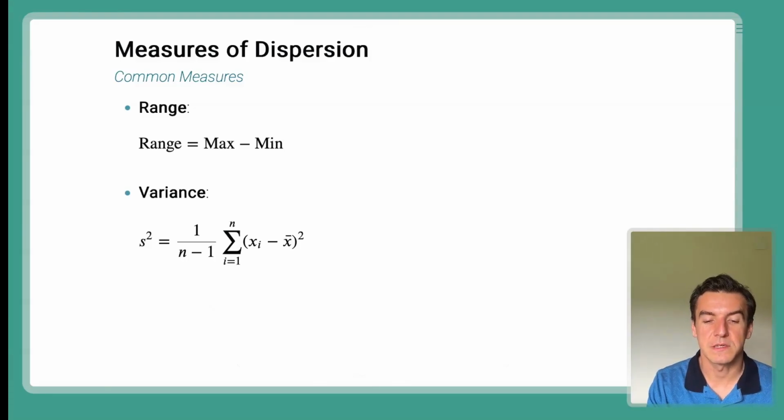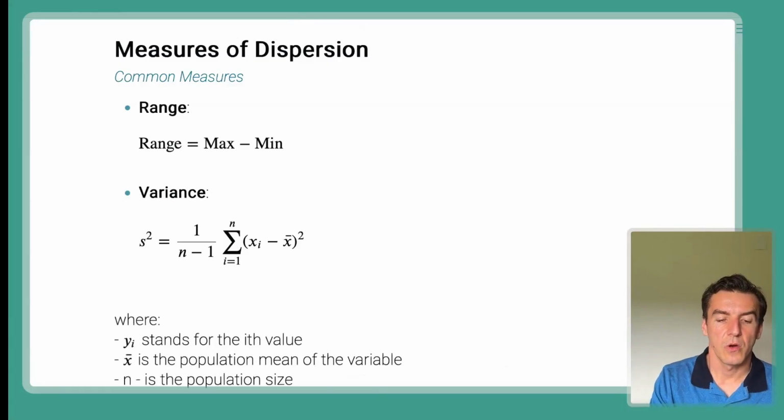It's not really the sum of all values from i to n. So it's the sum of the differences of the values minus the mean, all squared. So this is essentially the sum of squared differences from the mean. Okay, so I even wrote here,